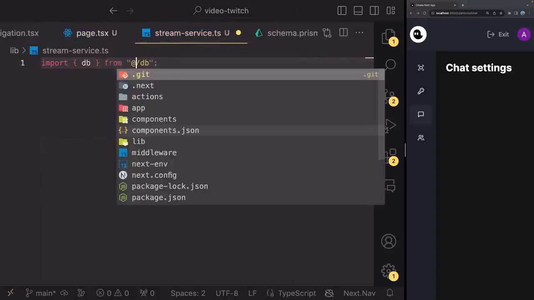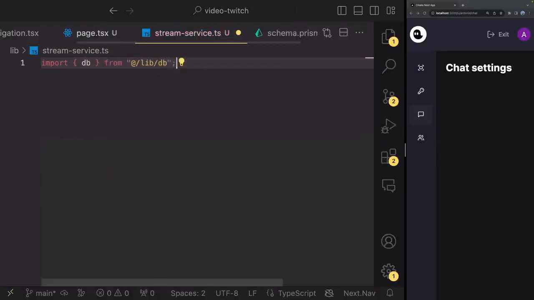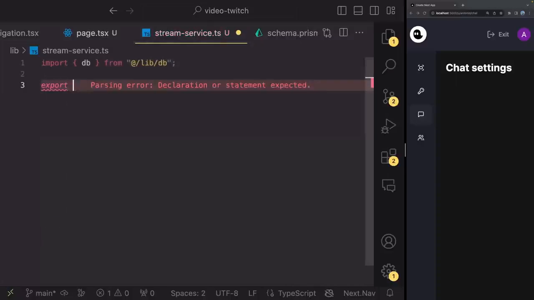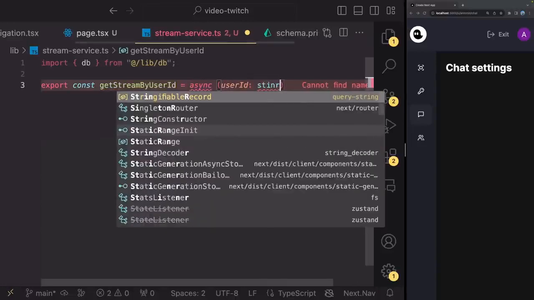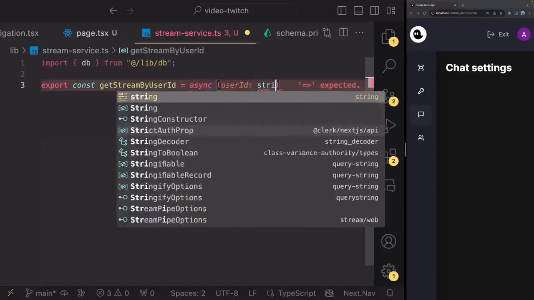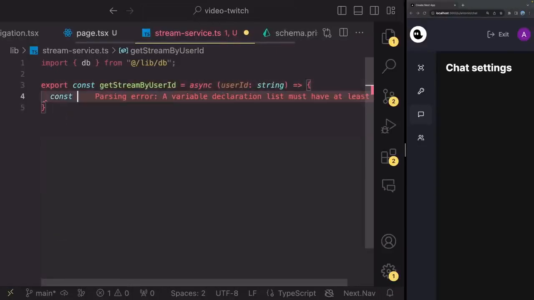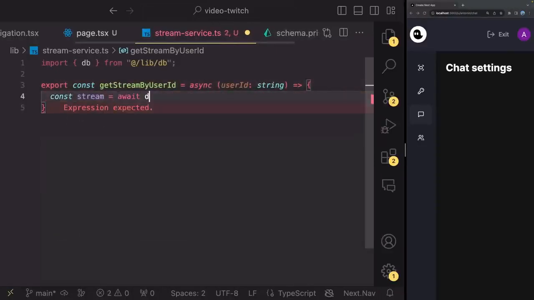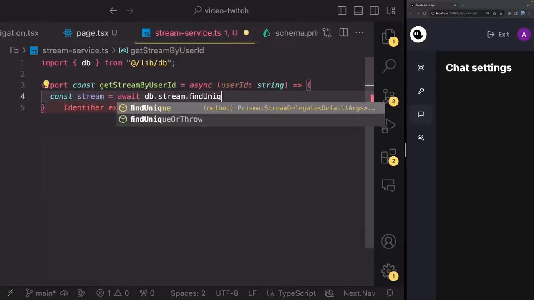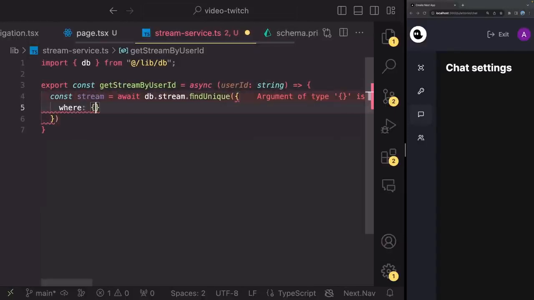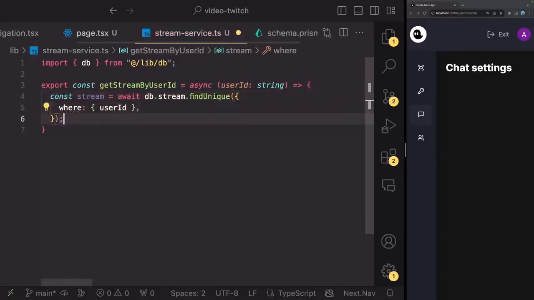I'm just going to change the import to go to /lib. And then I'm going to export const get stream by user ID to be an asynchronous function which accepts the user ID and simply loads the stream using await db stream find unique, where we have a matching user ID, and then